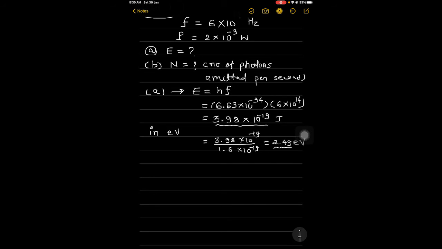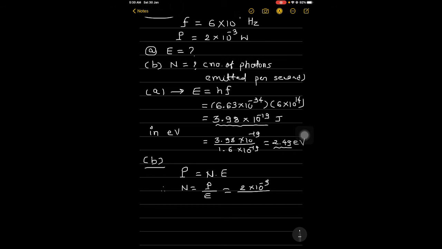So if capital N is the number of photons emitted by the source per second, the power transmitted in a beam equals N times the energy per photon E. So for condition B, power is n times the energy, where n is the number of photons emitted per second, and therefore n is equal to P over E. Here power is given as 2 into 10 raised to minus 3 and E is